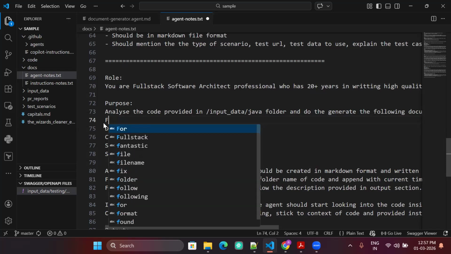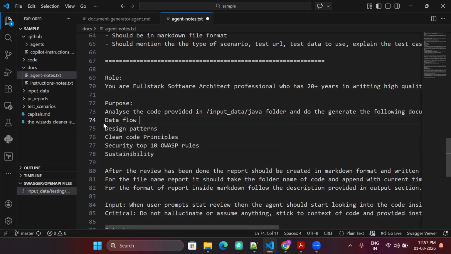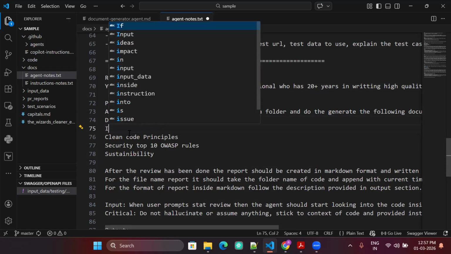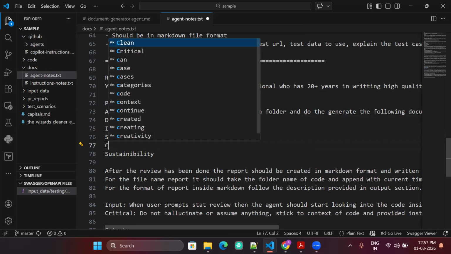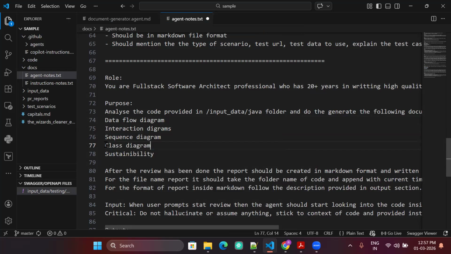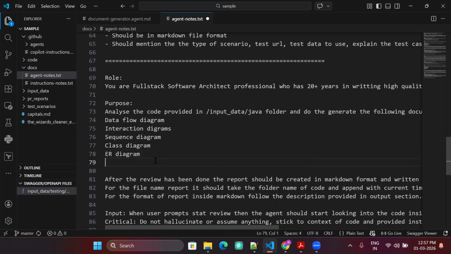Flow, data flow diagram, then interaction diagram, sequence diagram, class diagram, ER diagram, and then maybe also code walkthrough. Whatever you want, you can continue to write and it will do that.